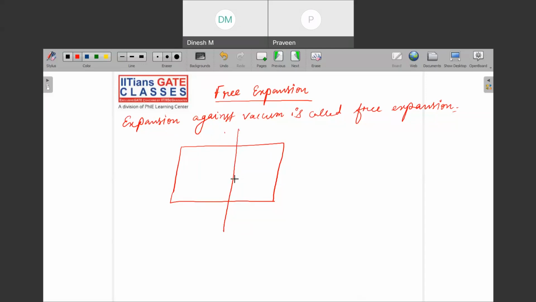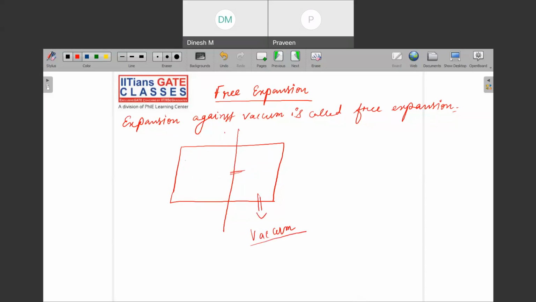The answer is yes. It is only possible if you have a vacuum chamber. If you have a vacuum chamber, since there are no air molecules, then if you rupture it,